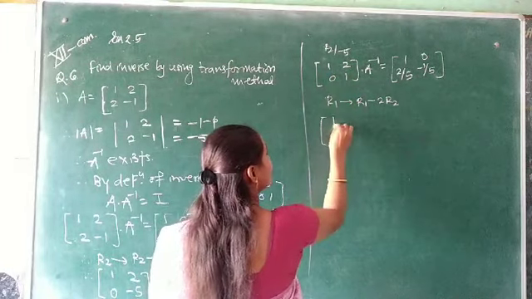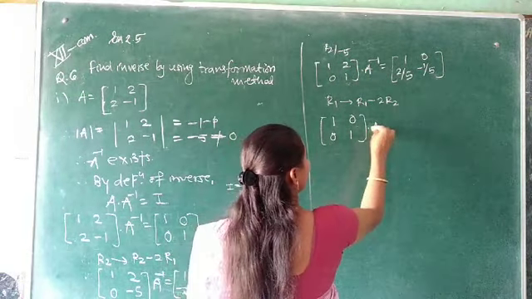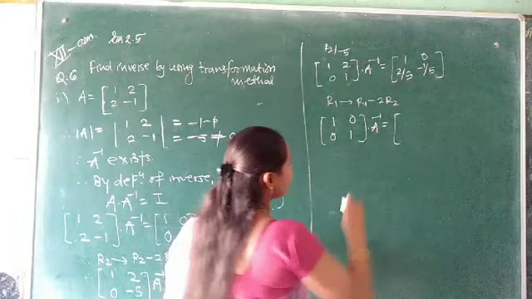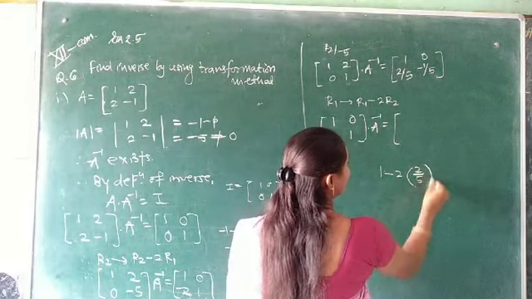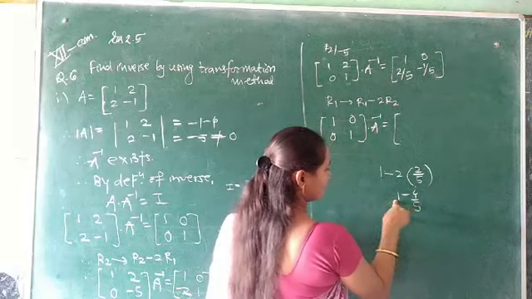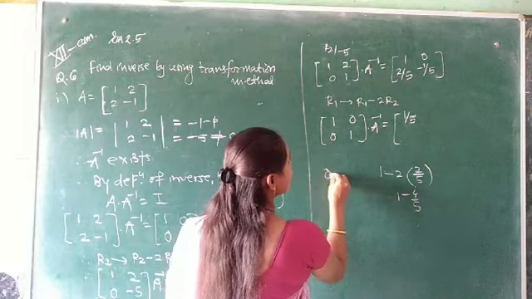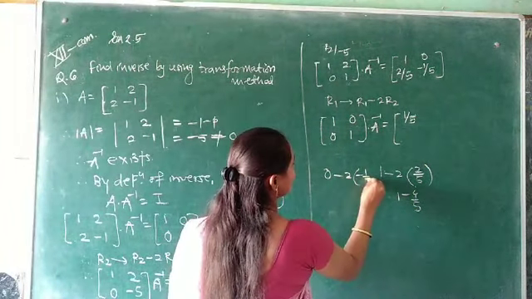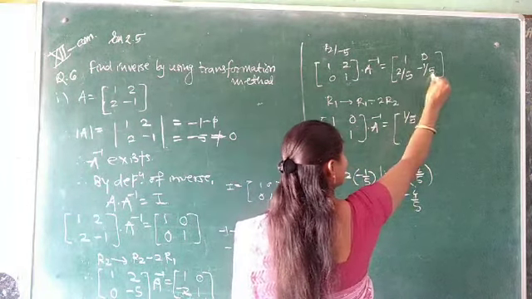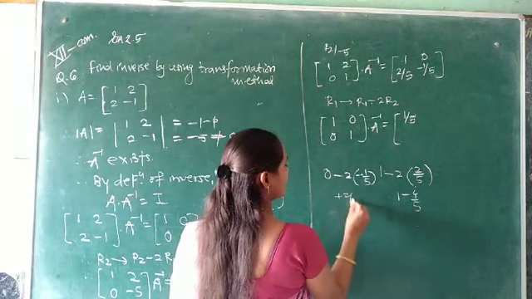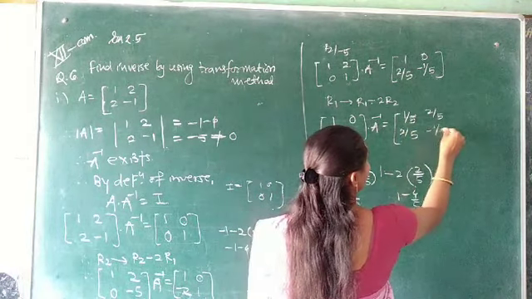So 1 minus 2 into 0 is 1. 2 minus 2 into 1 is 0. Write R2 as it is. Into A inverse is equal to. Now see here, R1 minus 2 into the corresponding R2. What is R1? 2 by 5. 1 minus 4 by 5. So 5 minus 4 is 1 upon 5. Next see, 0 minus 2 into minus 1 by 5. For this, R1 is 0. 0 minus 2 into the corresponding minus 1 by 5, so it becomes plus 2 by 5. Write R2 as it is, 2 by 5, minus 1 by 5.